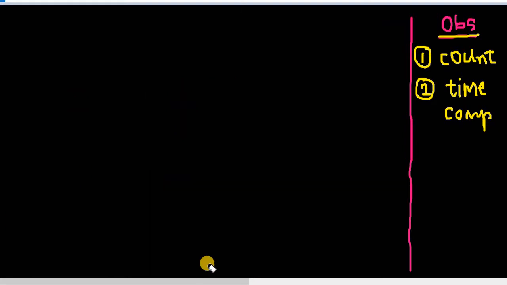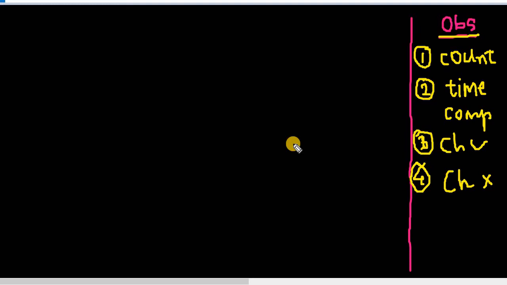Also we saw there are two cases: one where the character is matching. So let's say this could be 3, this could be, let's say, ch, which matches with another character on the second string, or there is a possibility that the character is not matching, so we have to do something for that scenario as well. So I am simply writing all the observations into the observation deck, which will help us build the solution. So let's start with the optimized approach.